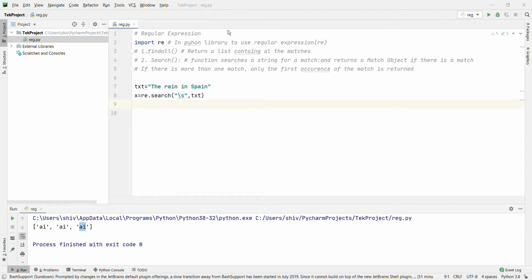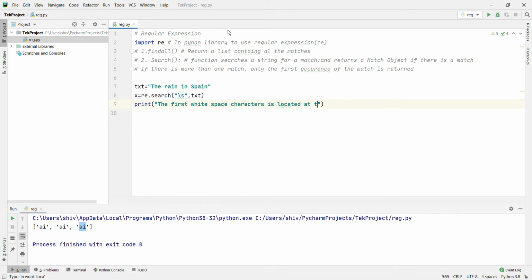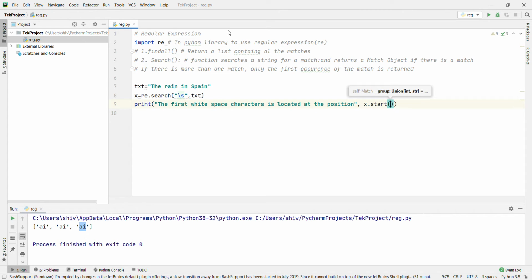Now print "The first white space character is located at the position", x.start(). Let's run it. The first white space character is located at position 3. How? 0, 1, 2 and 3. This is the first space, right?